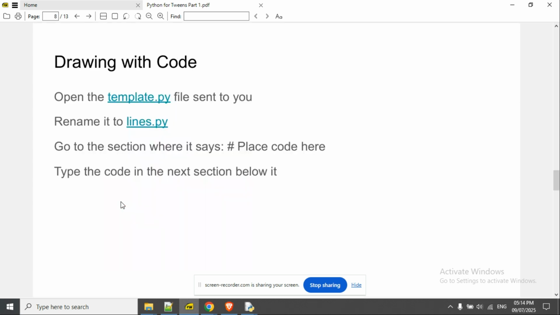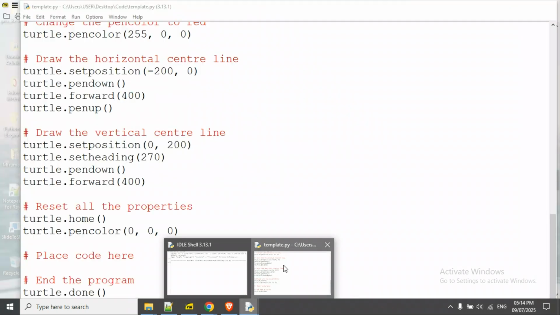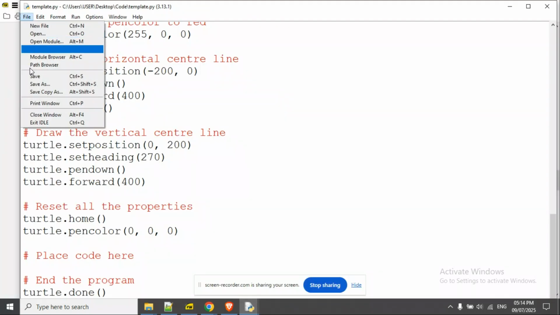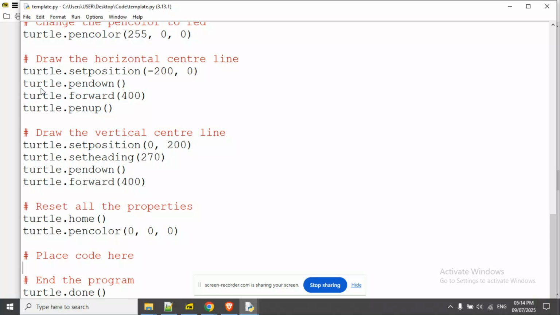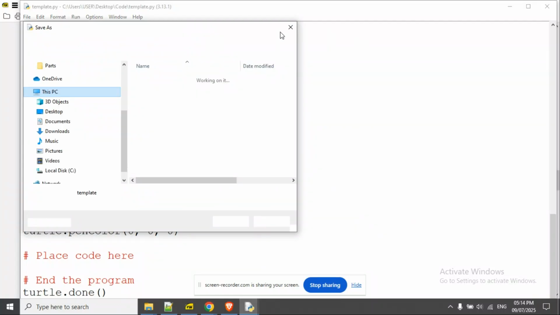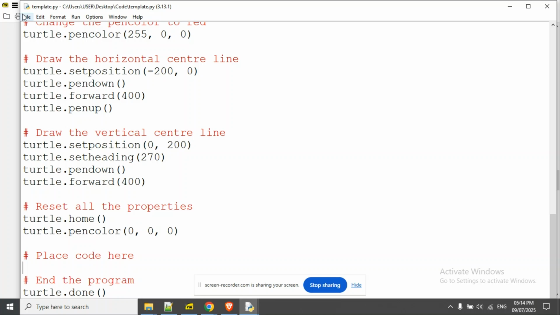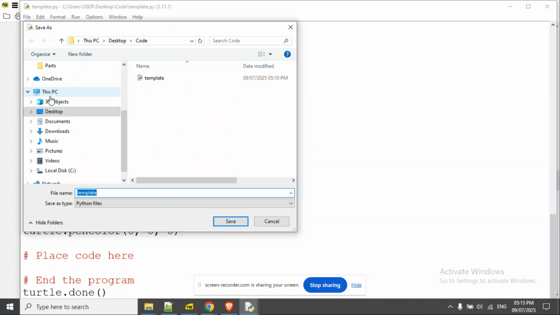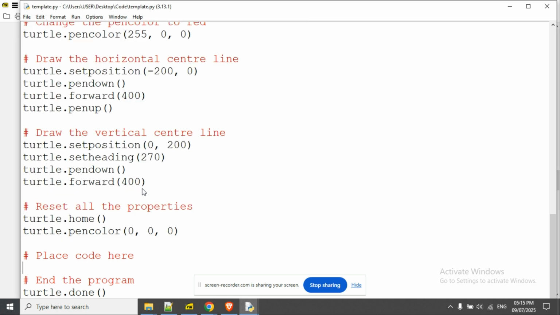So what we're going to do, we're going to open the template.py file, and we're going to rename it. To rename a file, we'll come here. We use not save copy as, sorry. We'll go to file, say save as. We'll call it lines.py. Save. Now the place where it says place code there, we'll place our code there,